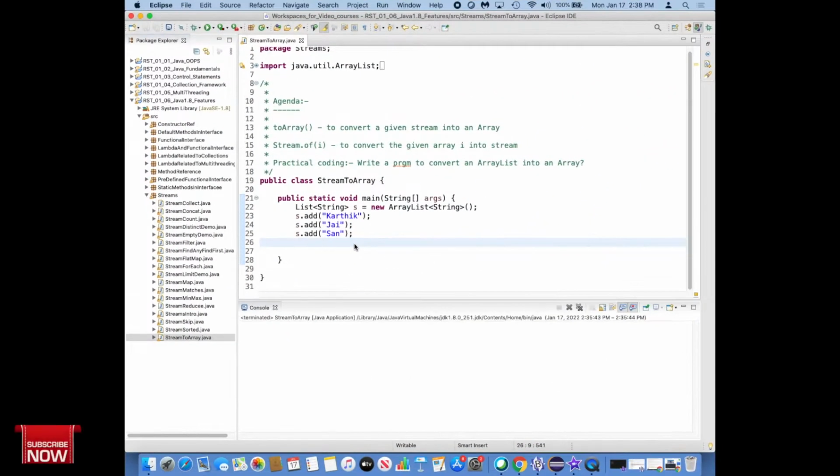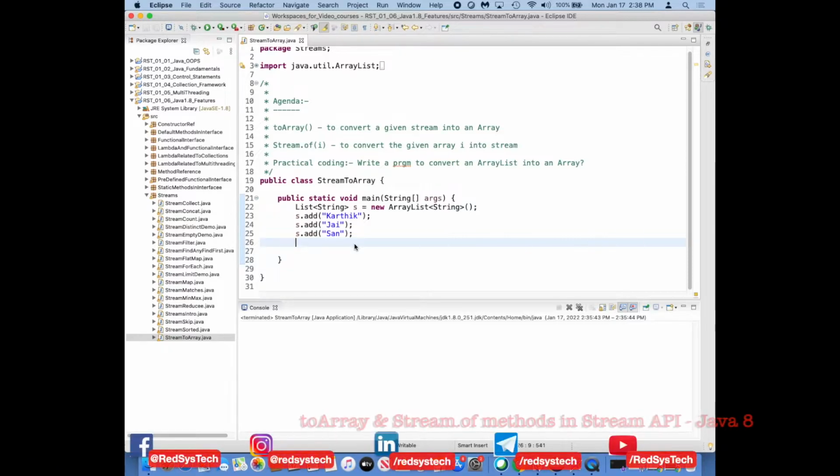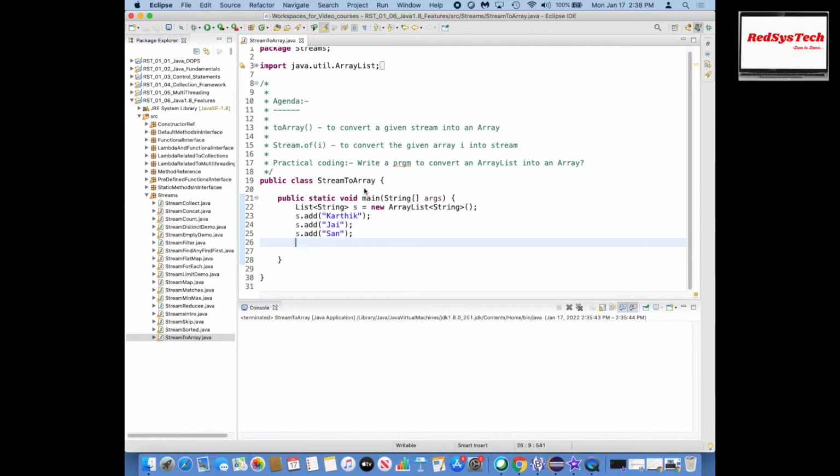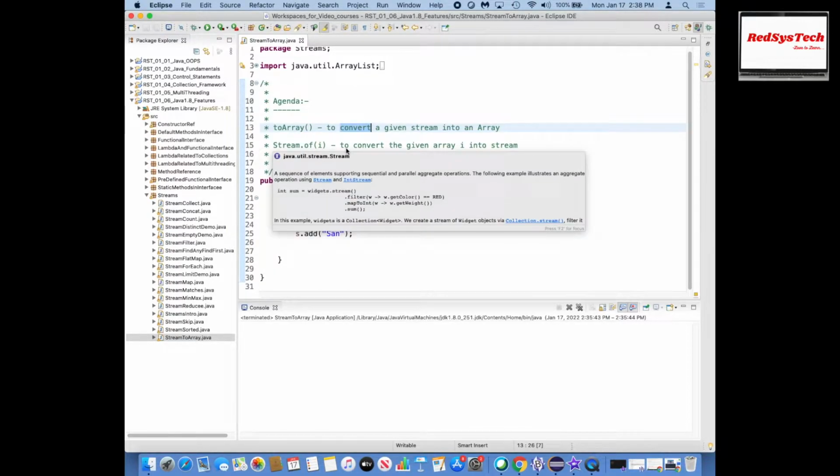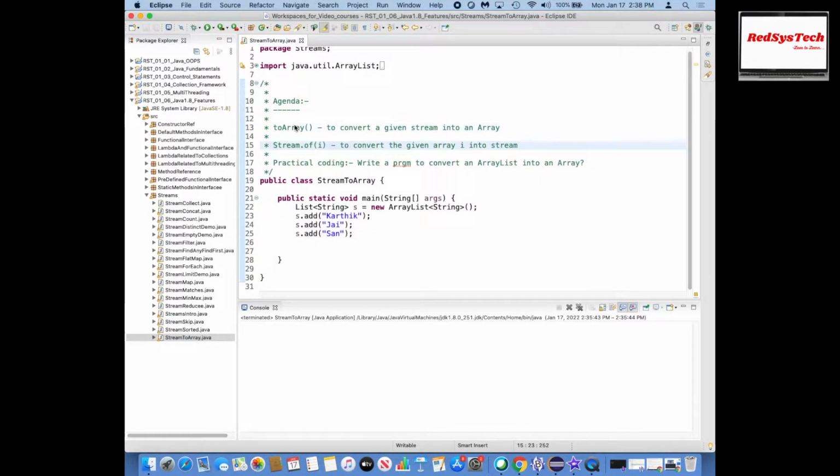First of all, we should know what we mean by the toArray method. The toArray method is used to convert a given stream into an array. So you have a stream and you want to convert it into an array, then you can go for toArray. Assume that you have an array but you want to convert it into a stream, then you can go for stream.of. So basically these two are opposite functionalities, and now I'm going to write a program to convert an array list